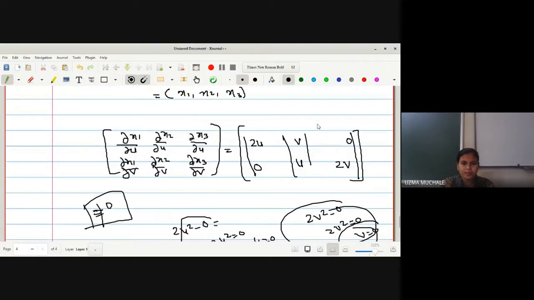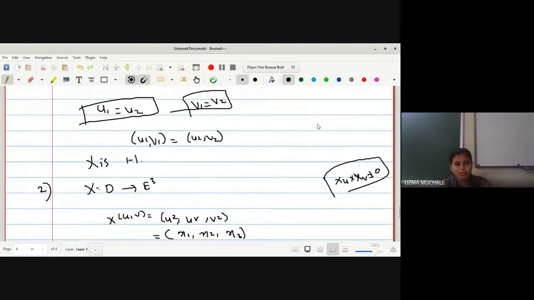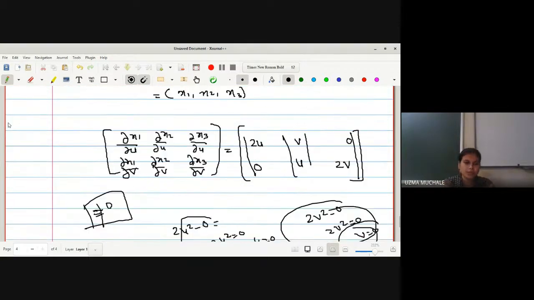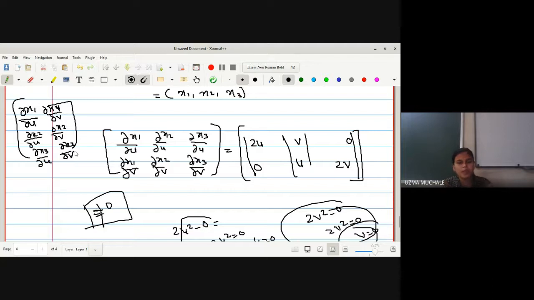Okay? So simply क्या करना है आपको? x1, x2, x3 ऐसे नाम देना है and then find out the Jacobian. आप Jacobian को another way में भी लिख सकते हो यहाँ पे. You can do it with keeping x1 as it is, and then you can take a derivative with respect to u, v. Then x2 as it is, u with respect to v, and then x3 with respect to u, x3 with respect to v. कुठलाही मॅट्रिक्स ह्या आन्सर सेम येणार आहे.